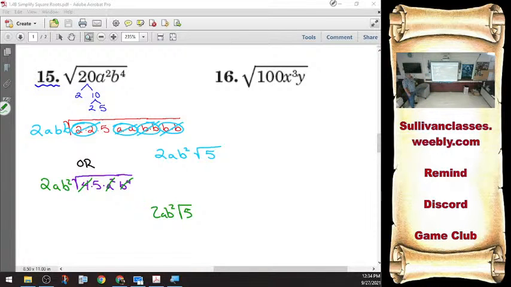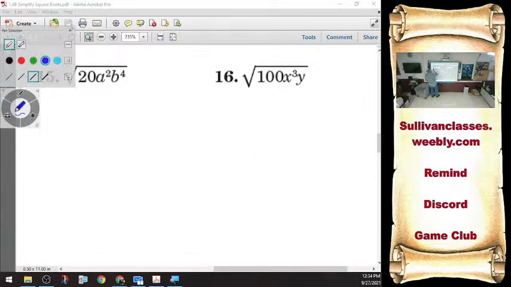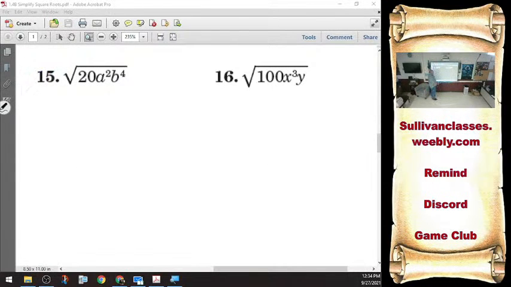Now, I wanted to show both ways because it might help us with 16. Let's say I had no idea that 100 was a perfect square. So I break it up. I say, well, I know that's 4 quarters, right? $1 is 4 quarters. I know that. 4 is 2 by 2. 25 is 5 by 5. So if I was going to write this out longhand, you'd have this whole honking thing here of